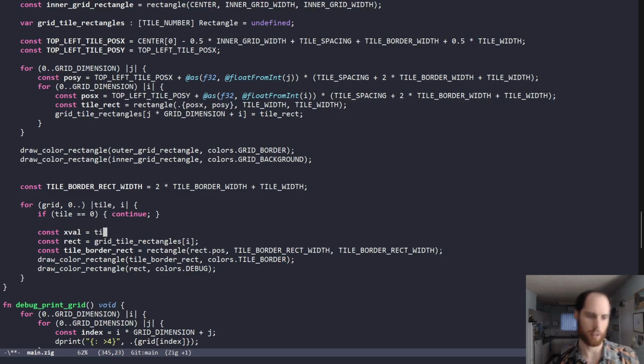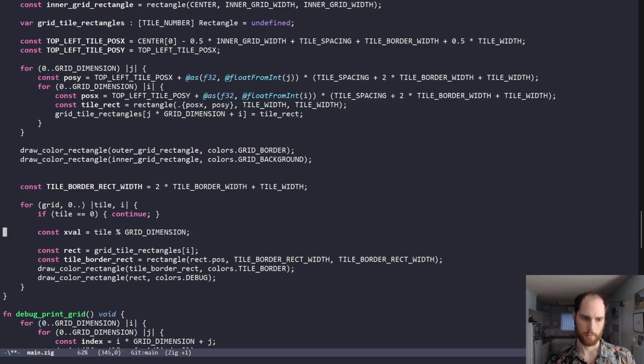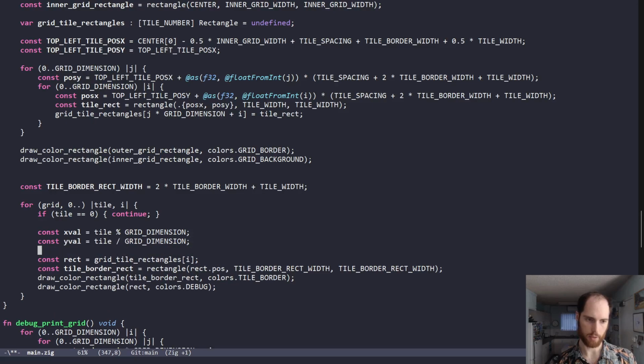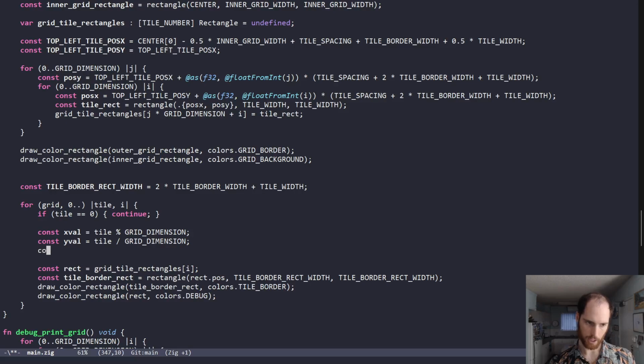Call it xval is equal to tile remainder grid dimension, and then the yval is equal to that, and then we'll just make the color based on this. The color is equal to